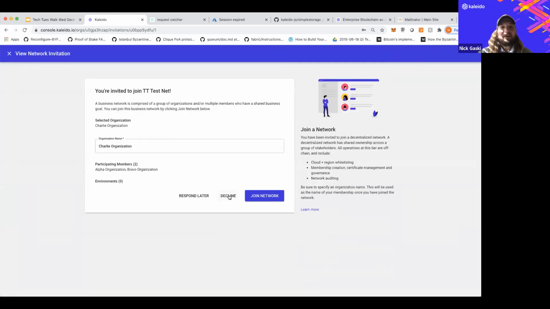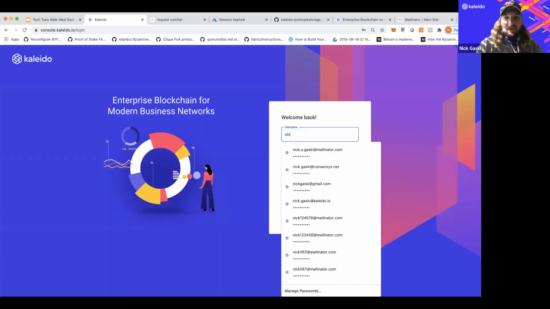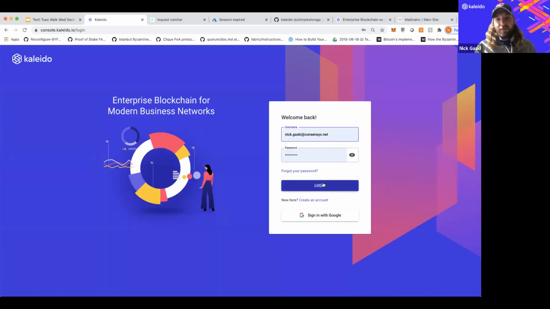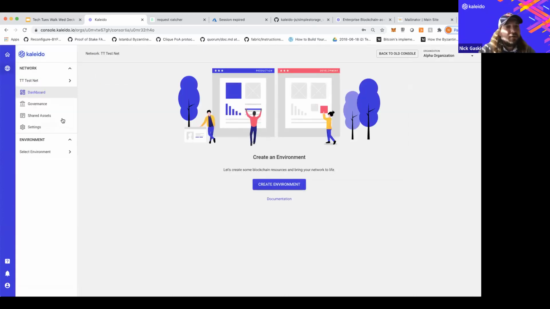So it's a very streamlined, very simple flow to decentralize your network and see who's already participating inside of that business network. So that's decentralization in action. I know we've talked about this a handful of times in the past, but I don't know if we've ever gone through end to end, showing how easy it is to kick off that invitation and then accept or decline accordingly. Okay, so we touched on the network level. We talked about how nothing is locked in stone. We can add regions, we can add members, we can add decentralized participants.